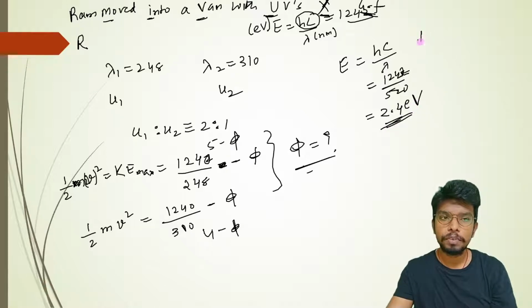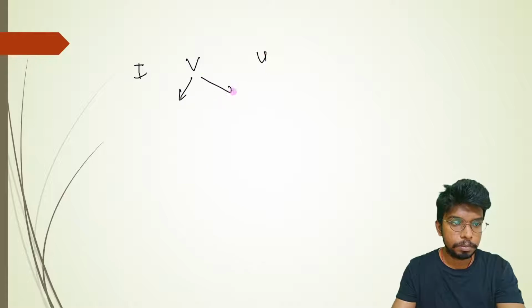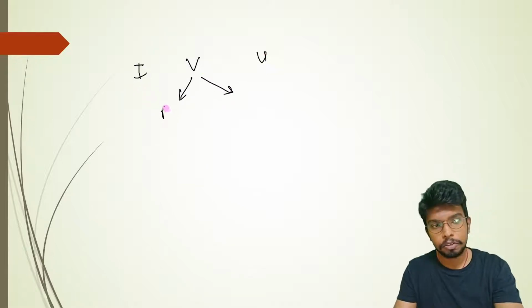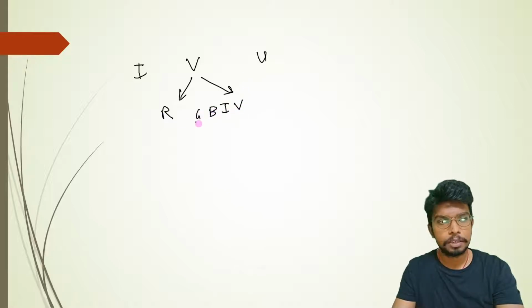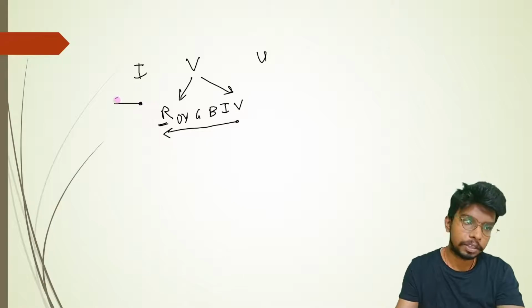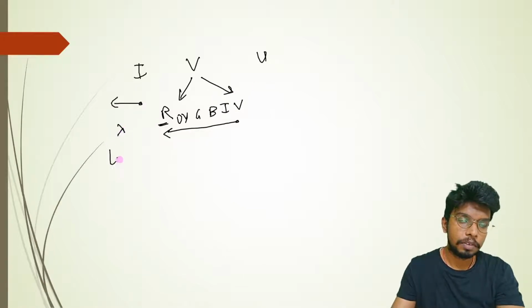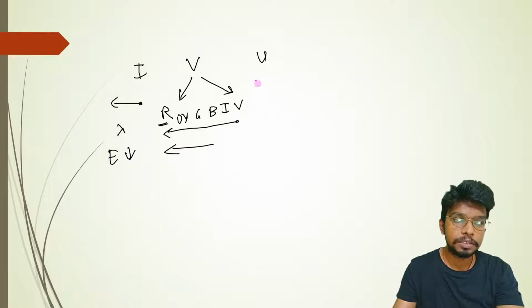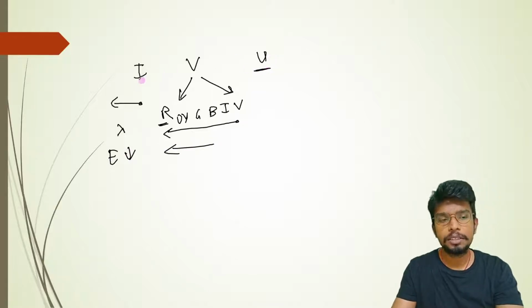If we check about the infrared radiation, infra is here, UV is here. I remember it this way, that infra, visible, UV. Visible will go like infrared, so red will be closer to this side, and ultraviolet, so violet will be closer to this side. That means this will be VIBGYOR. We know that red has maximum wavelength, so effectively we are going this side as increasing wavelength. Wavelength is increasing, that means energy is decreasing this side, and energy is increasing this side. So ultraviolet has more energy than infrared.